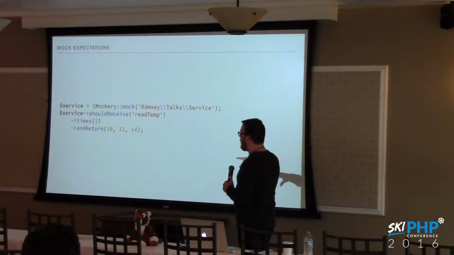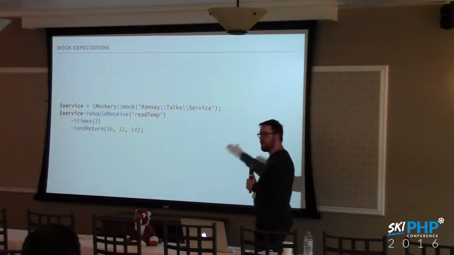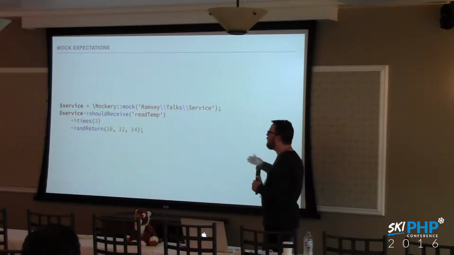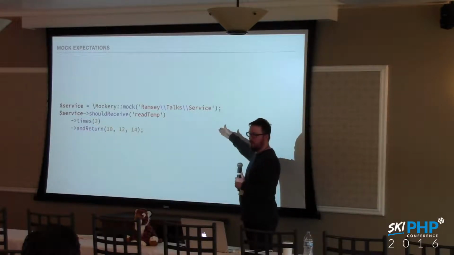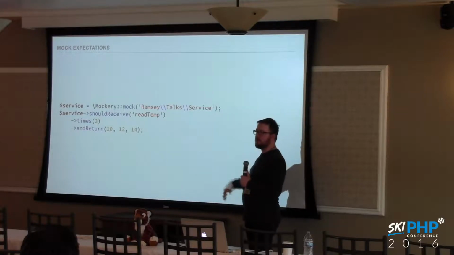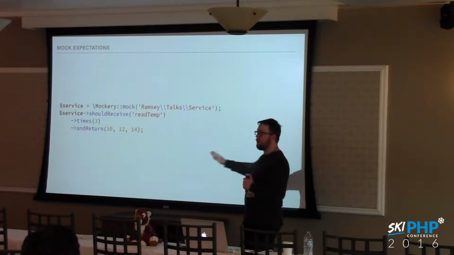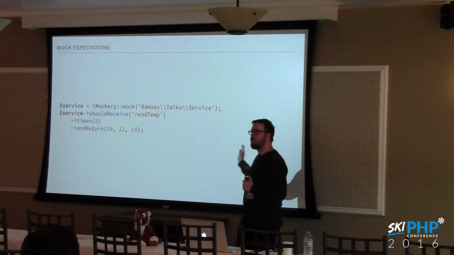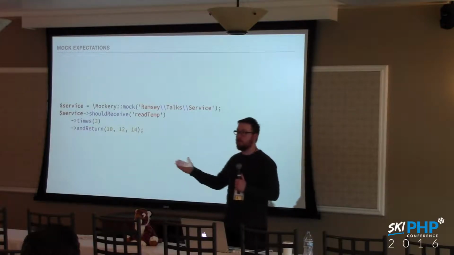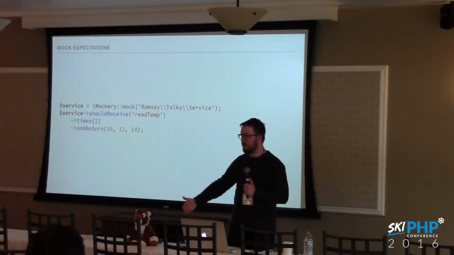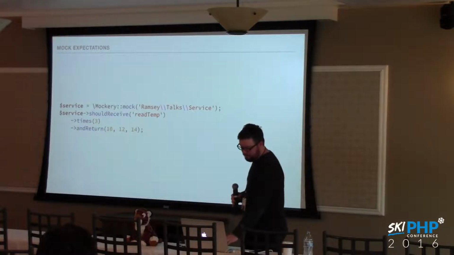So we can set up an expectation where andReturn, as I mentioned earlier, takes a sequence. But we can do this without the times modifier. We can just say, the first time you call it, return this value, the second time, third time, fourth time, and so forth. You can give it as many arguments as you want, and each time it gets called, it will return the next one in succession, down the line.